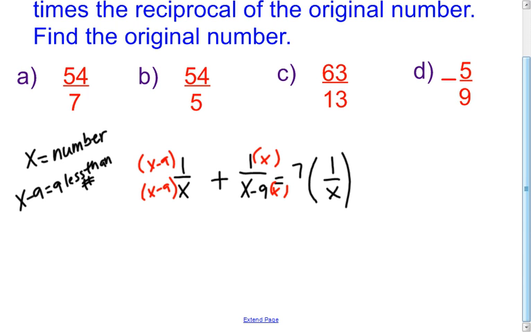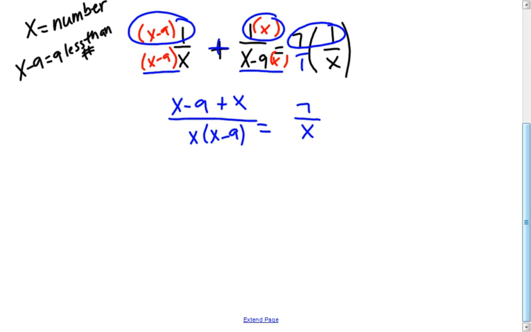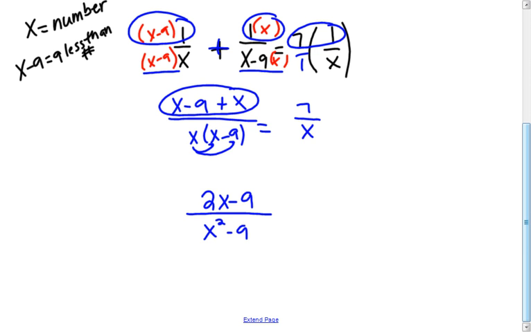Okay? So on the left, we have x minus 9 right here, plus x over my common denominators down here, which are both x and x minus 9. And then on the right side, 7 times 1 is 7, and this is over 1, so 1 times x would be x. Combine your like terms. 2x minus 9 over, I'm going to distribute this to make it a little bit easier, x squared minus 9x